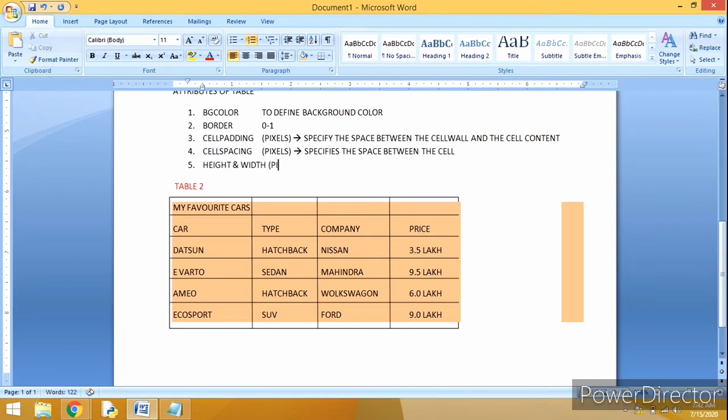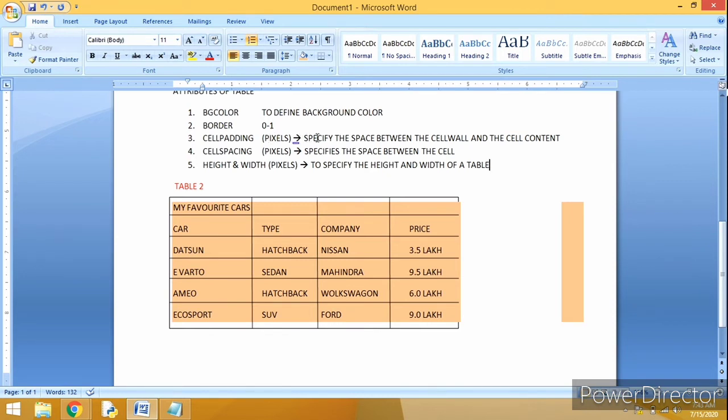Again we can define it in the form of pixels. It specifies the height and width of a table. Sir, what is the difference between cell padding and cell spacing? Just now I had written it there for your convenience.